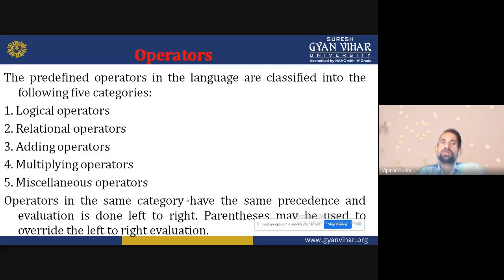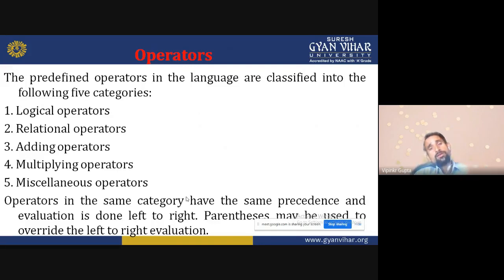We can use these operators. Multiplying of any numbers we can use this type, and miscellaneous we can see. Operators in the same category have the same precedence and evaluation is done left to right. Parentheses may be used to override the left to right evaluation.